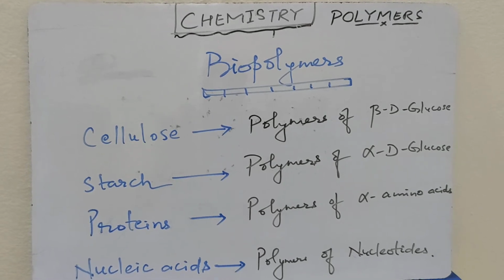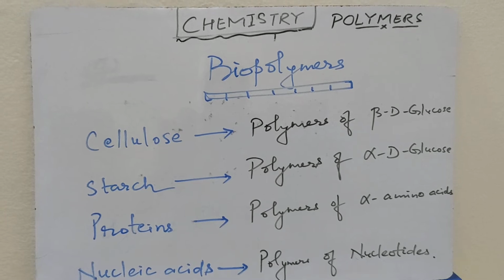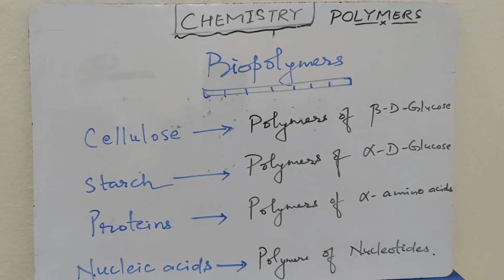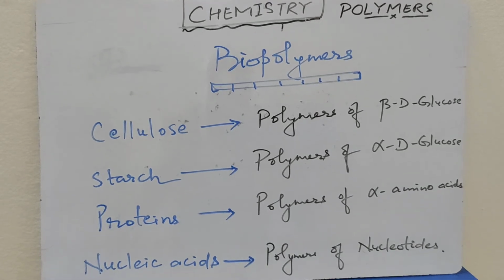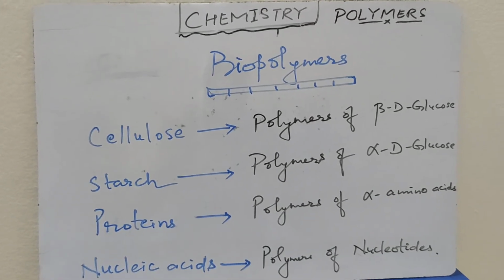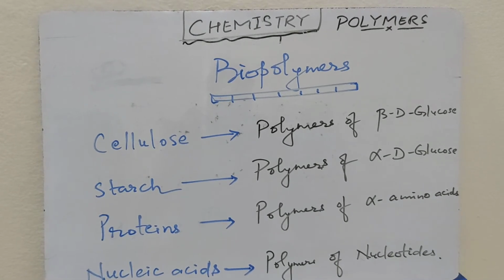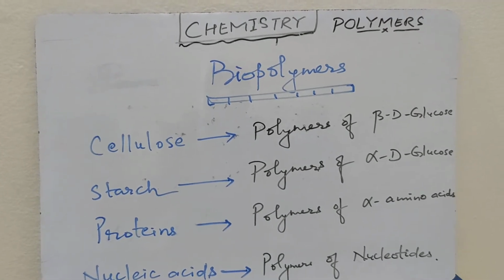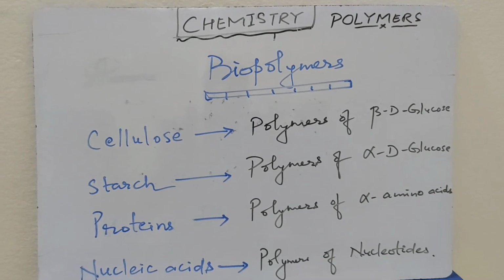Proteins. Proteins are the polymers of alpha amino acids. There are 20 amino acids which are found in proteins. The 20 amino acids are called the alphabets of proteins, or the fundamentals of proteins. By the permutation and combination of these 20 amino acids, more than 10 lakh different proteins can be synthesized. A normal human body contains more than 1.5 lakh different proteins.